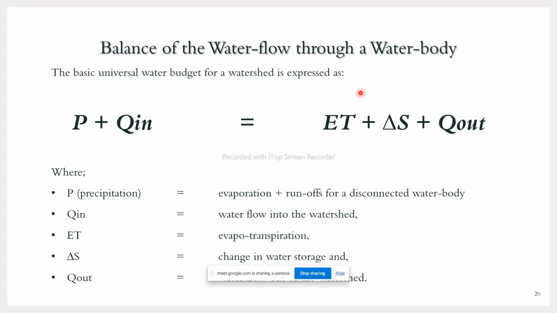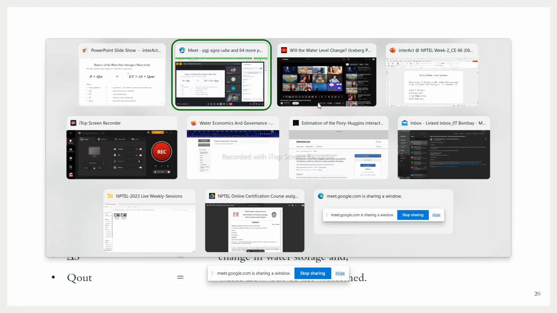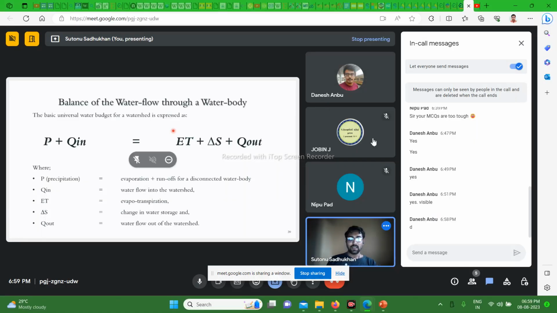So now we'll take a 5 to 6 minute break, and we will continue after that. We'll join in the same link if you are leaving, and if you are not leaving, then here only we will restart after taking a 5 or 6 minute break. So we will start at 7:05 sharp. At 7:05 p.m. we will restart the session. Okay.